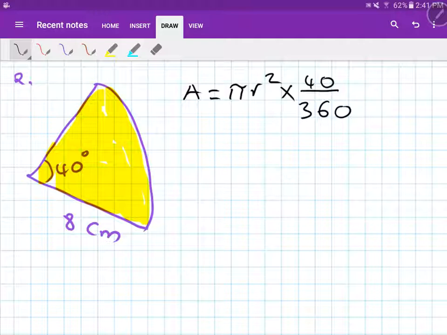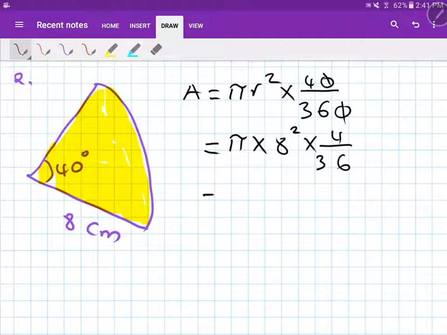That will give you the area of the sector. Now I just substitute the radius in. So pi times 8 squared times 40 out of 360. You can simplify, or you don't have to simplify further. Just type it in your calculator, and you should get